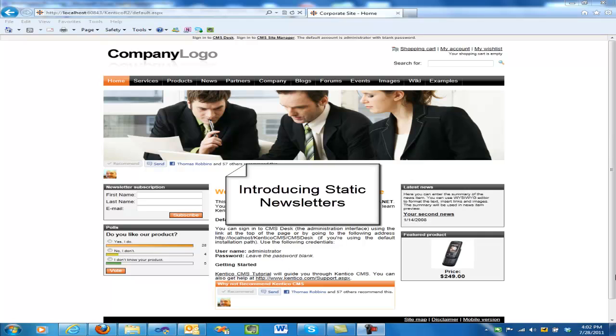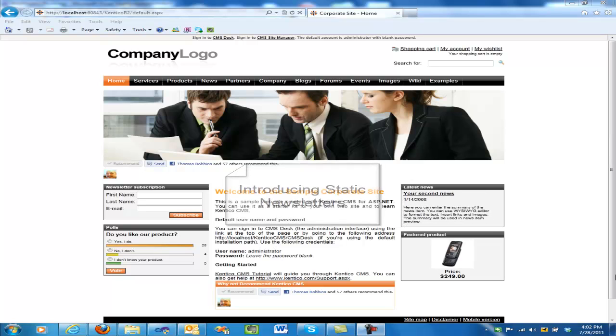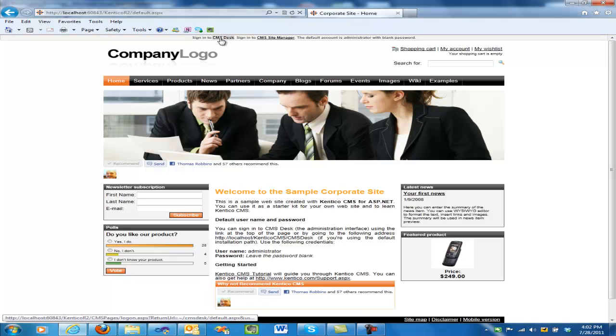Static newsletters are based on predefined templates with editable regions. The template is prepared by a web developer and it contains the overall layout of the newsletter, while the newsletter author is responsible for entering the information and publishing the newsletter. Let's create a static newsletter. We're going to log into CMS Desk,